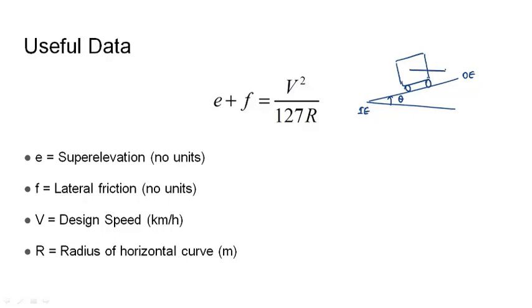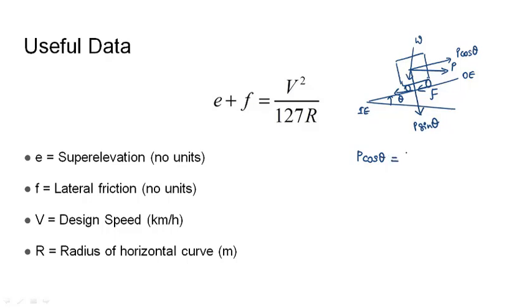The centrifugal force will act in a horizontal direction of P. It will have two components. One will be P cos theta and the other one will be P sin theta. The weight of the vehicle will act in the downward direction and the friction will act towards the downward direction. So if we resolve all the forces along the incline, we would get it as